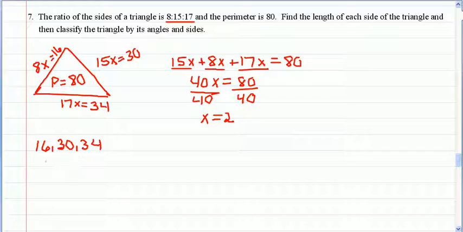Well, since all of the sides are different, we know that it's going to be a scalene triangle. But to classify it by angles, we know it's not equiangular because all of the sides are different, and we know that it can't be